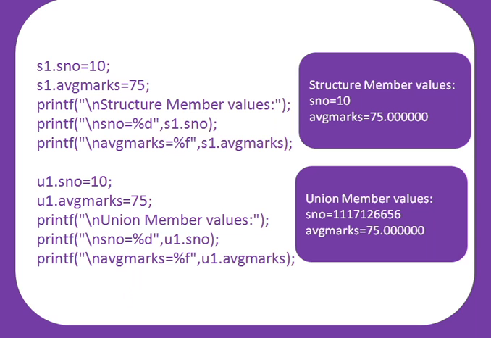That means at a time you can initialize or access only one data member in case of union. So here I am trying to assign two data member values and print two data member values. So it takes the largest value, AVG marks, and that value is assigned. SNO value is not assigned, so we got the garbage value. So that is the union concept. So these are the main differences between structure and union.